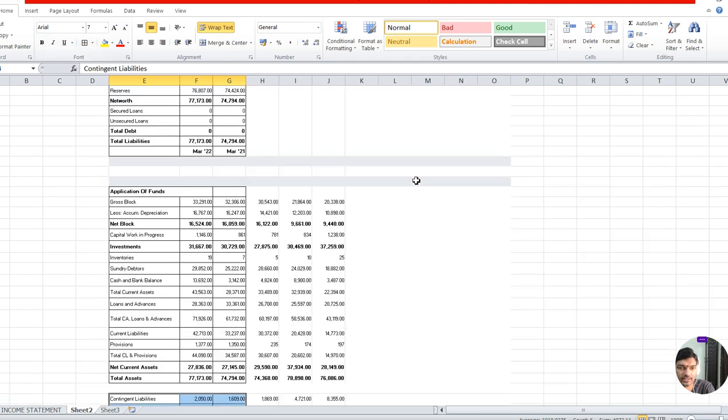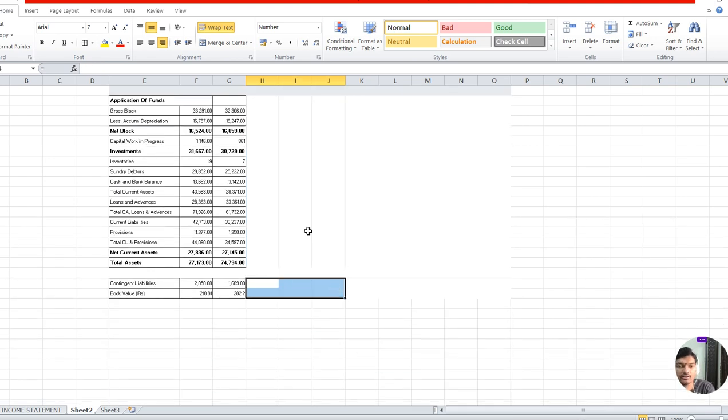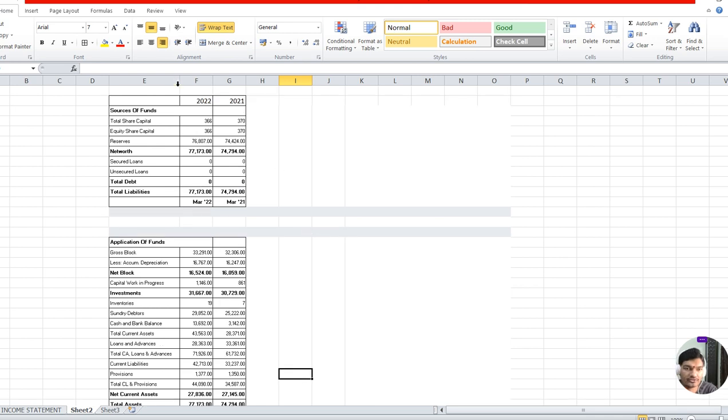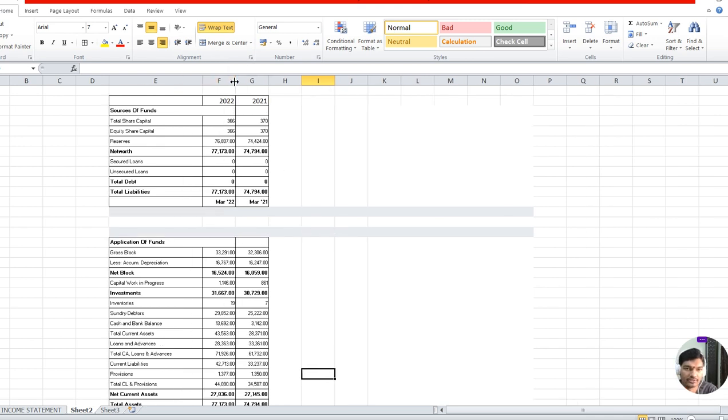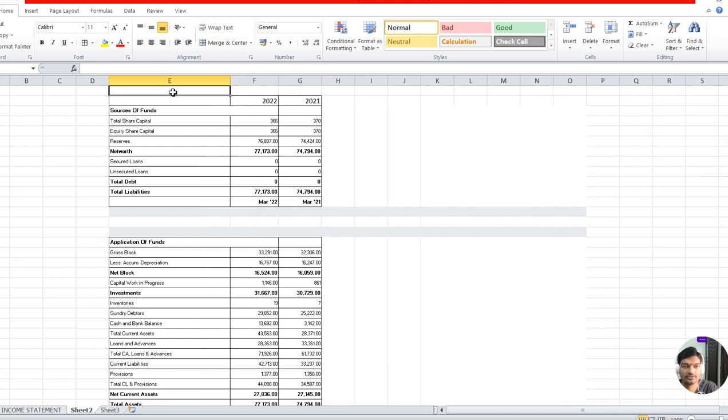Two years data, you have to select it, and this is the unnecessary data we don't need, because we are not doing any kind of analysis, we are doing only 2 years data, right? So drag down this cell, drag down this cell. So this is merge it. This is TCS Limited balance sheet,